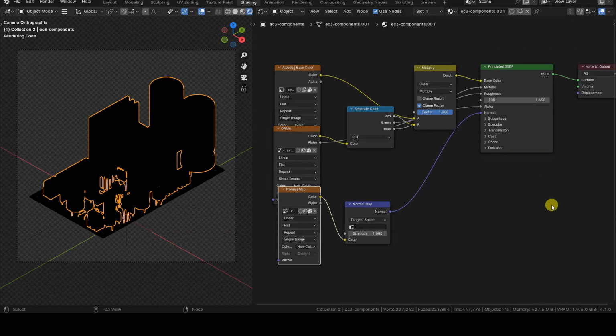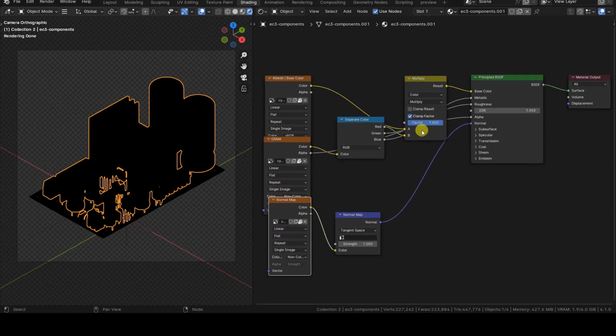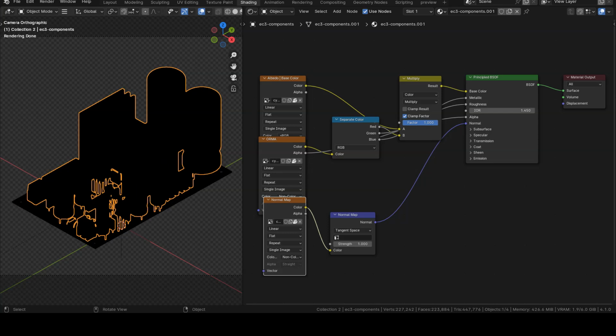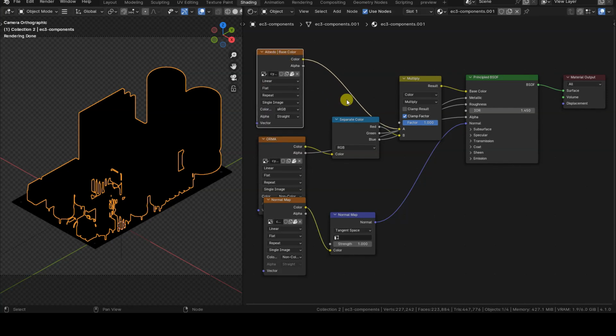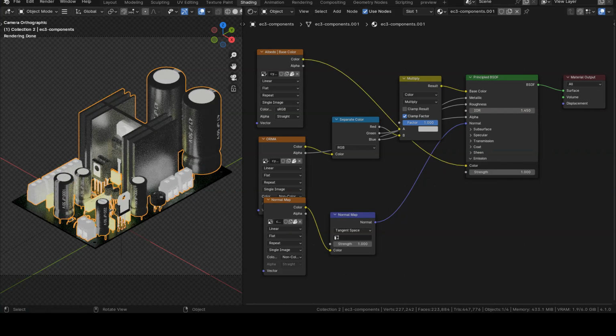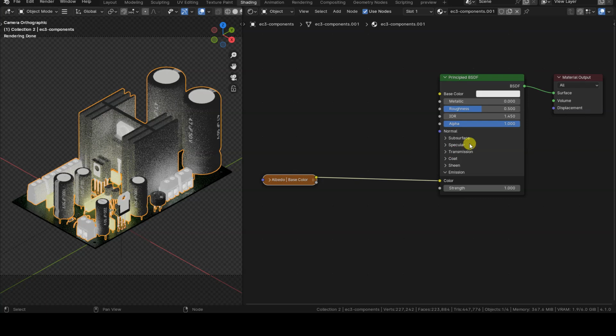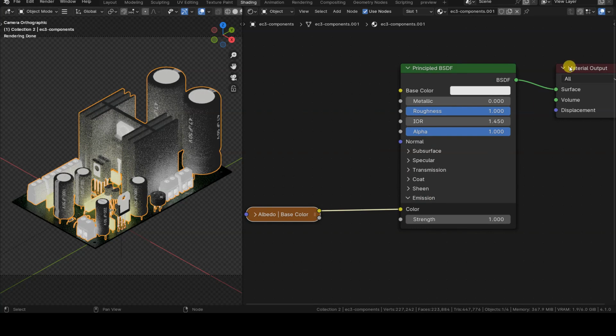Next, we modify the connections of the principled node. We want to achieve uniform illumination of the objects while preserving the colors and text available in the albedo texture. Disconnect the albedo or base color texture from the color input of the principled node and connect it to the emission input, where we can keep the emission intensity at 1. The metallic and normal textures are not of interest to us, so we can remove them. We also remove the roughness texture and set a uniform value of 1 for this parameter in the principled node.